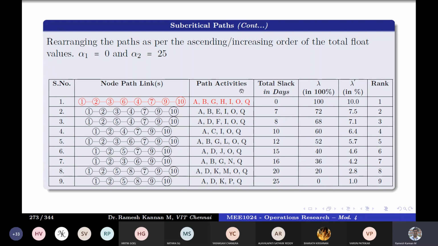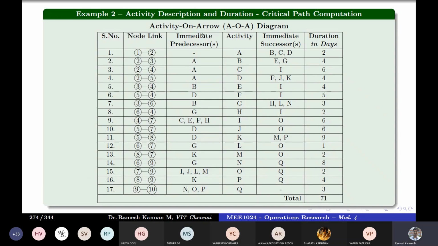I'll quickly run through a few concepts before we find the cost. This is the same example, but I've varied the durations. Maybe you can take a look at this. These notes are already uploaded in Google Drive. After this class, you can take this as an example and solve it on your own. Whenever I say solve it, kindly do it. That will help you during your examination as well.